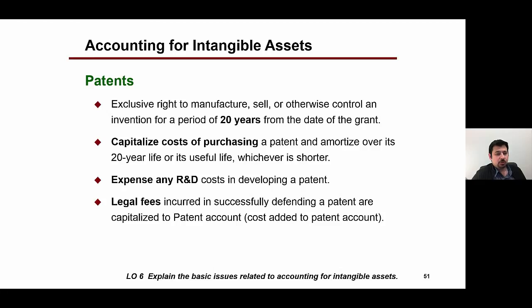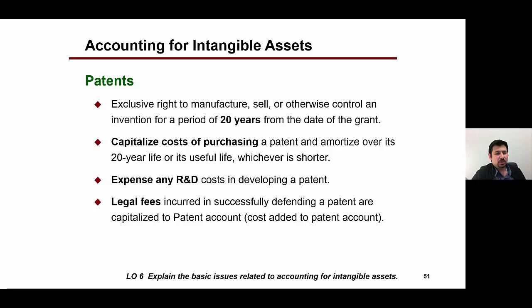So, for example, patents. Those are exclusive rights to manufacture or sell certain products, and they usually have a useful lifetime of 20 years that can be renewed. Companies would usually capitalize costs of purchasing a patent over either the useful lifetime or over 20 years, whichever is